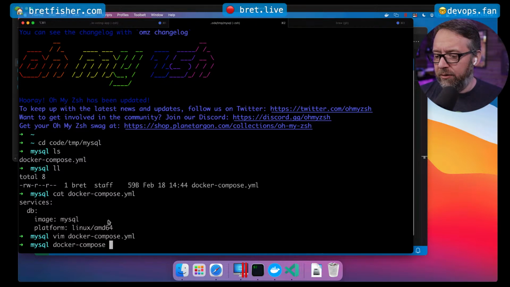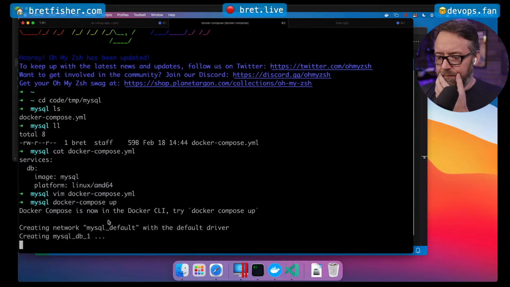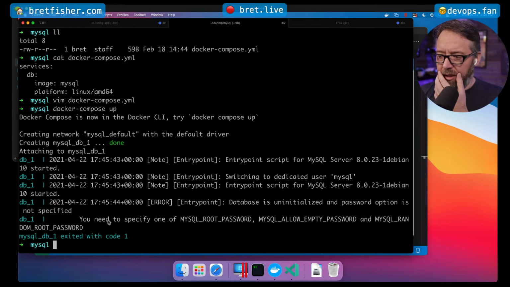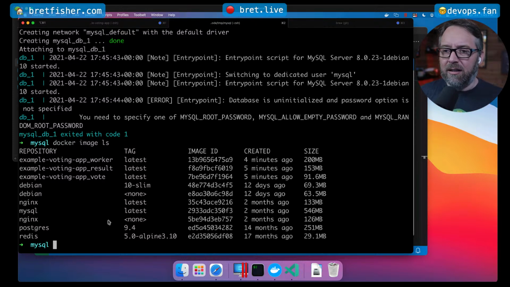So Docker Compose up. Look at that. So it's, okay, I need a password, but it started the application, which is the point. It fell back. So one of the challenges here is Docker is kind of limited in which it can't keep, like MySQL, or that's a bad example. It can't keep Debian 10 Slim